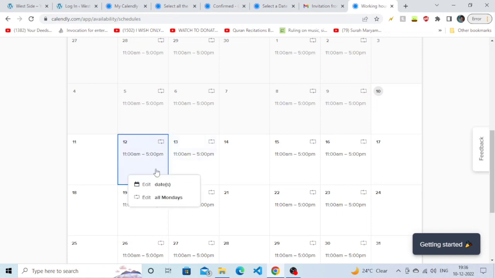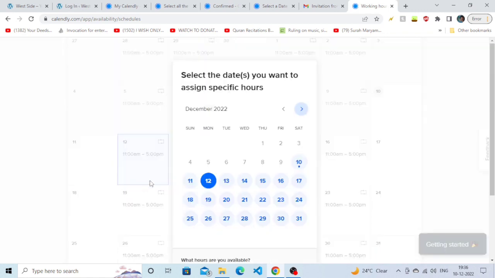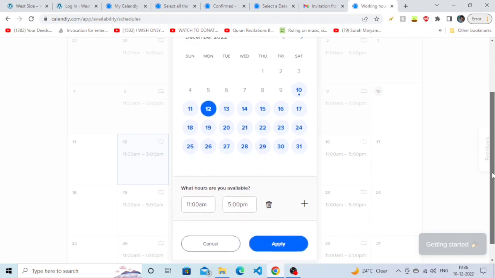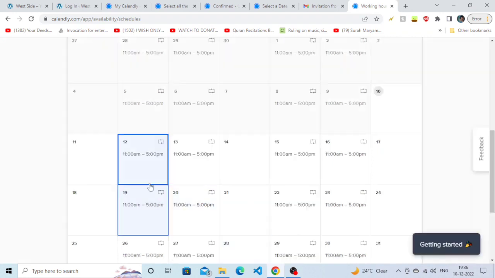Okay, so I'm going to show you how you can edit this particular date from here. So it's a Monday, so I'm going to click on edit, and now you can edit the specific hours that you want to show that you are available from. So I'm just going to select a random time from here, and you can choose multiple dates from here, but I'm just going to click on apply, and as you can see the time has changed for